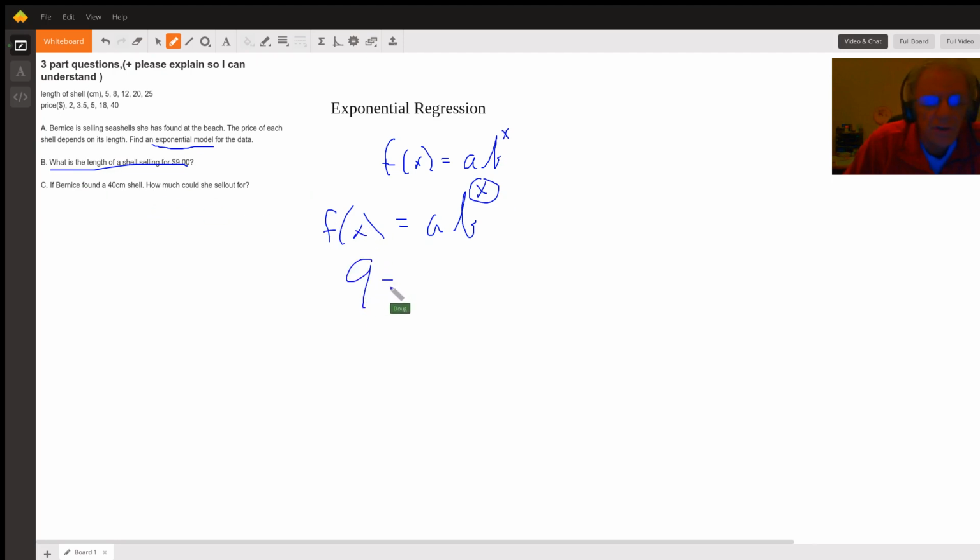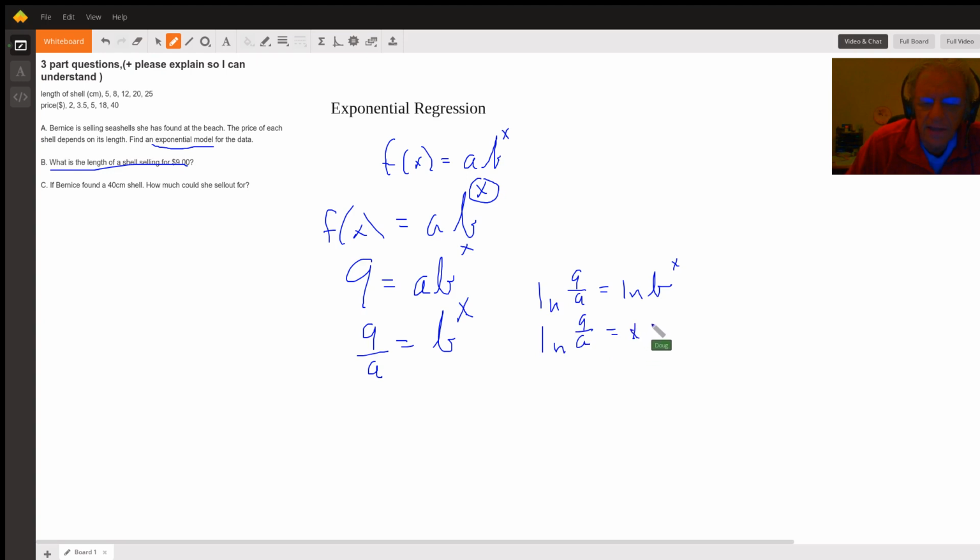So we'd have to solve this equation right here, where we had the a and b values that appeared on Desmos. So we'd go something like this. 9 over a equals b to the x. We'd take the natural log of both sides. This is the log of 9 over whatever that a value was equals x natural log of b. So x would equal log of 9 over a divided by the natural log of b, ln of b. So I'll leave that to you to substitute in the values that were provided for a and b on